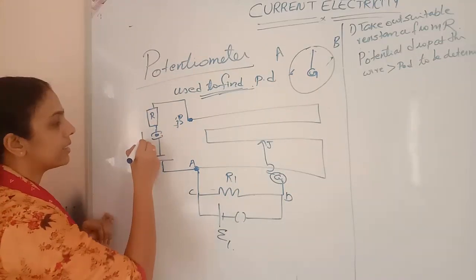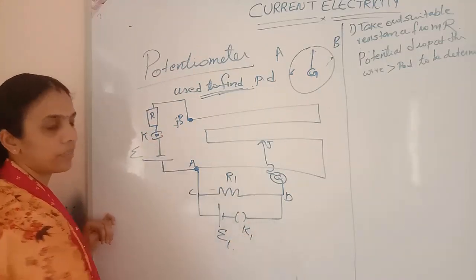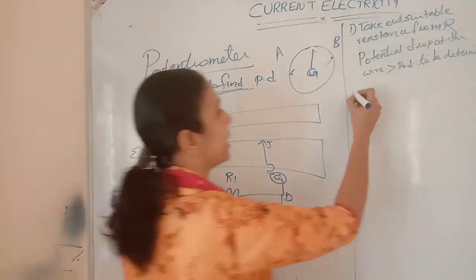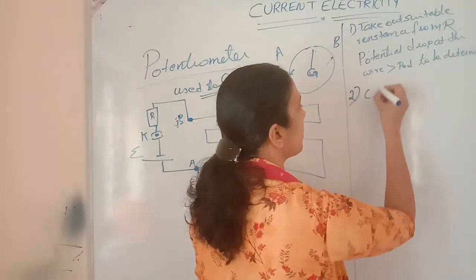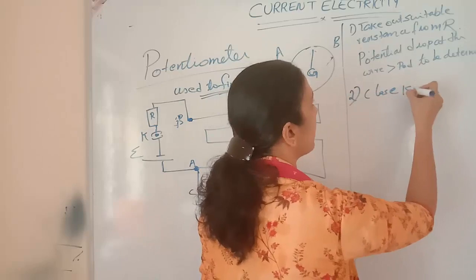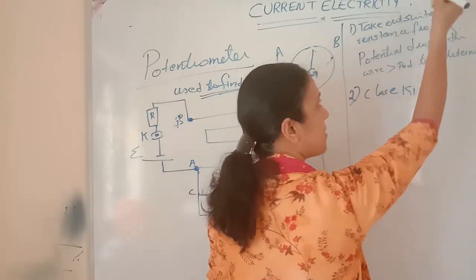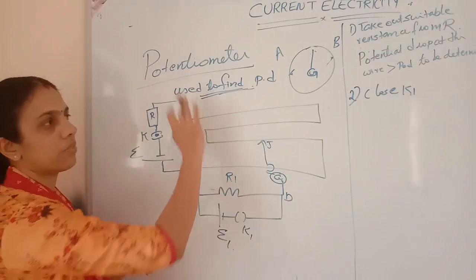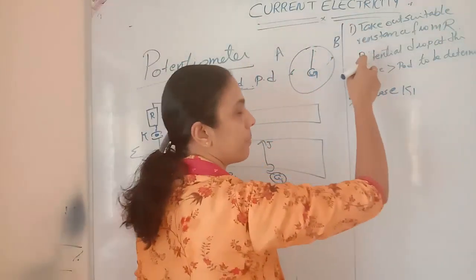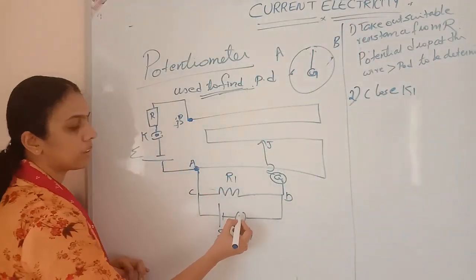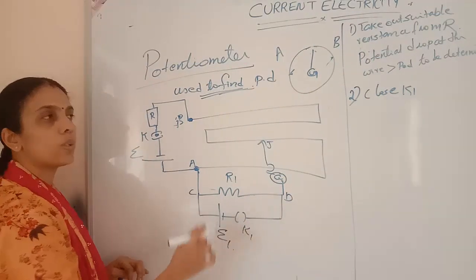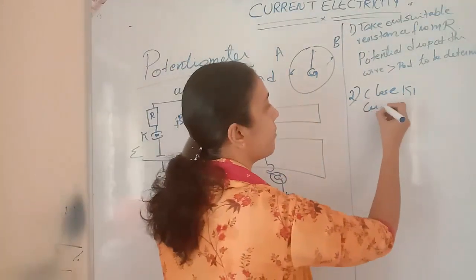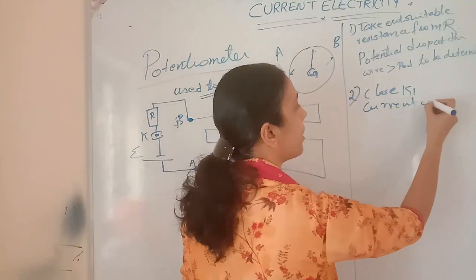Okay, next, this is K and this is K1. Next we will close K1. While we are doing this step, first K is closed, and then after that we are closing K1. While we are closing K1, what will happen? Current will flow through